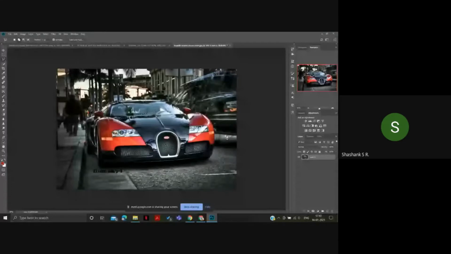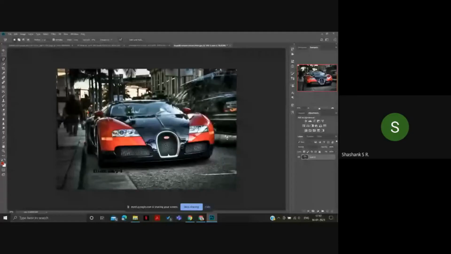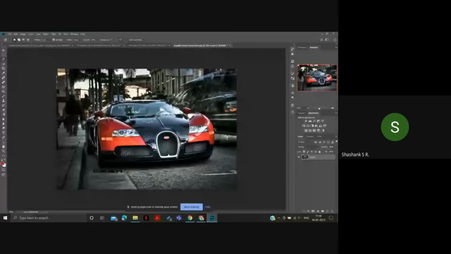The magnetic lasso tool is a bit more advanced, where you just click on it and drag over the object and it detects the edges, wherever you want to crop it, just like this.